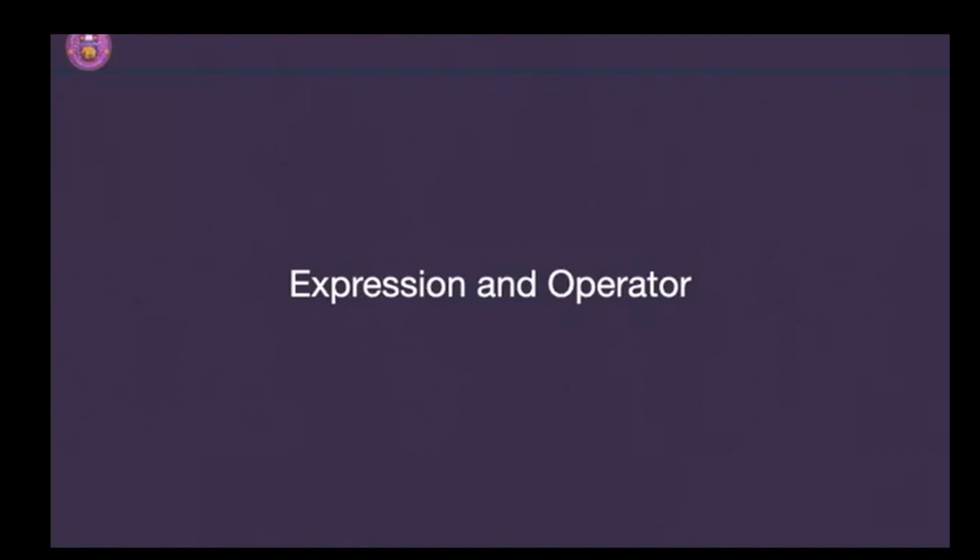An expression is something in which you have an operand and an operator. That is the combination of the expression. An operator is, you can say, the function, or the process you apply to do the information processing and get some output. For example, if you have two variables and you apply the plus operator, then you will get the addition of the two numbers. So in this lecture we are going to discuss these things in detail.